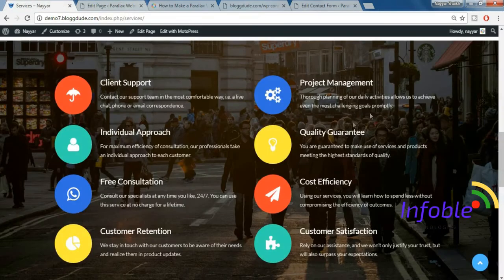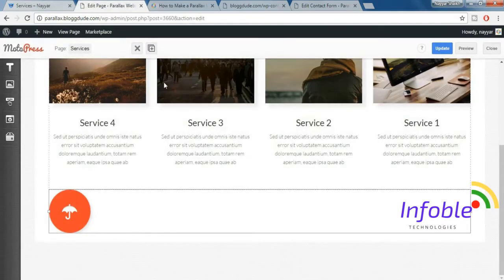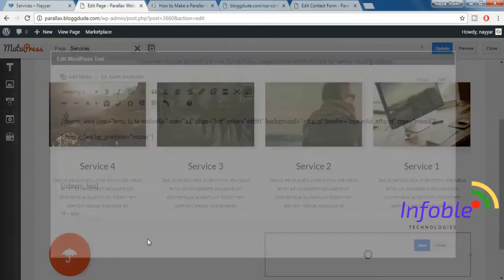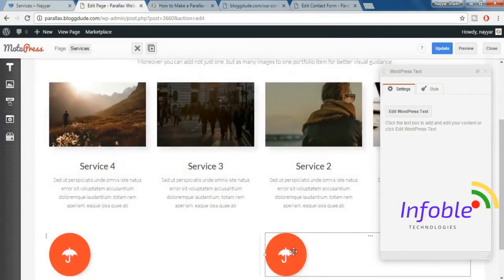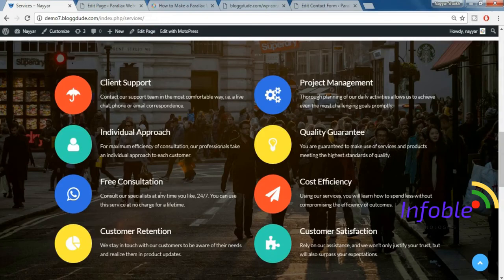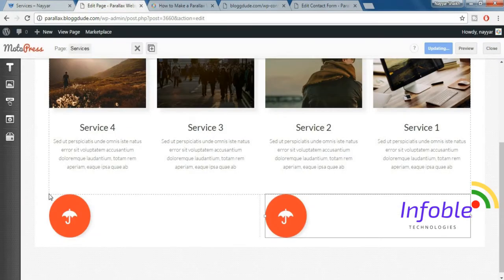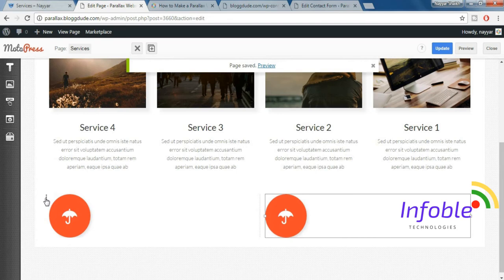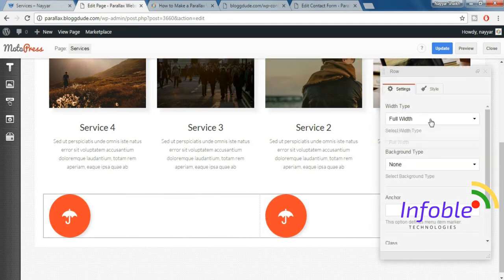We have 2 different columns, so what we do is click on duplicate, so another column is made, the same thing. Now click on update. Now let's change the background color for this. Click over here, row settings, fixed width,